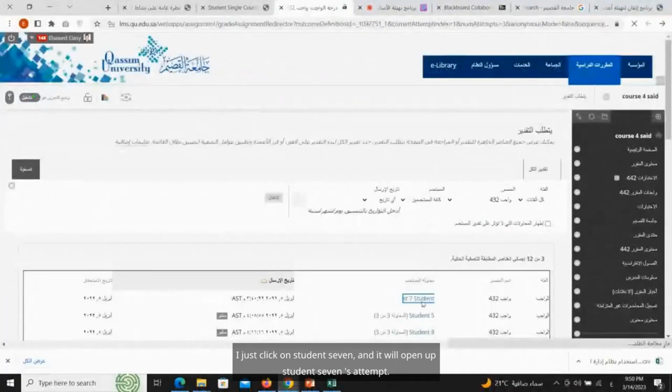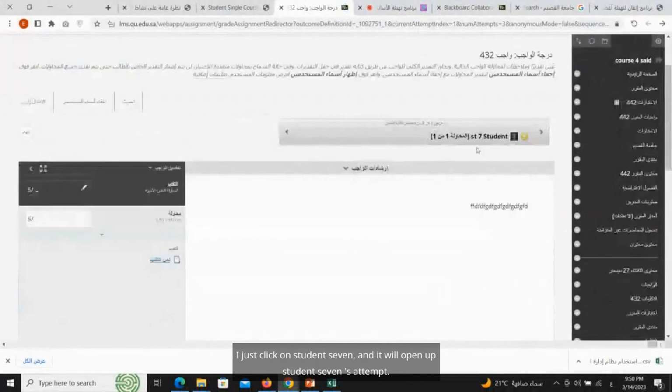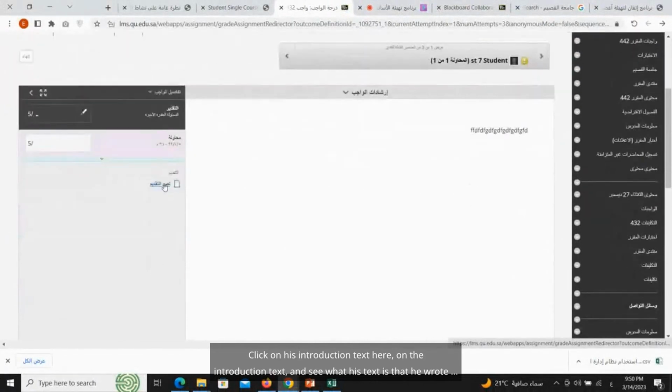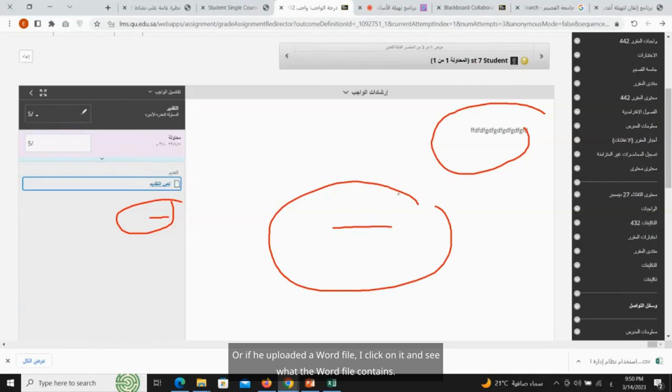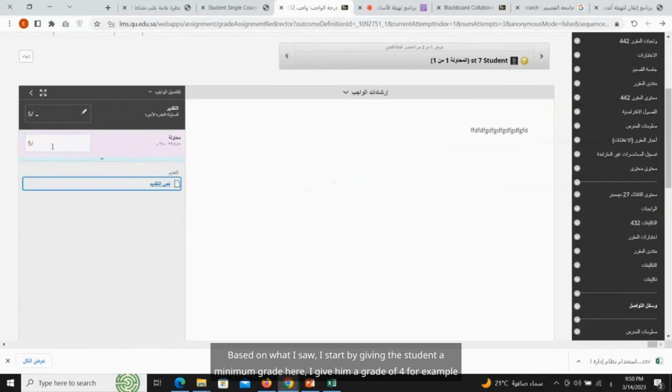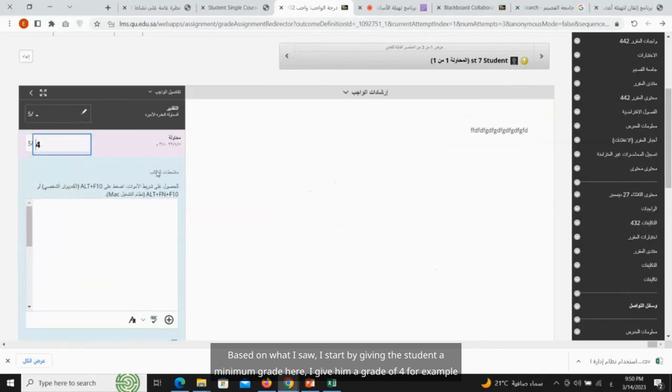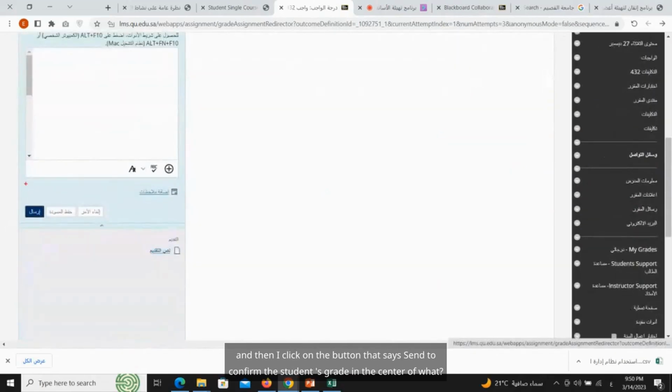I just click on student 7 and it will open up student 7's attempt. Click on his introduction text and see what he wrote. Or if he uploaded a Word file, I click on it and see what the Word file contains. Based on what I saw, I start by giving the student a minimum grade. I give him a grade of 4, for example, and then I click on the button that says send to